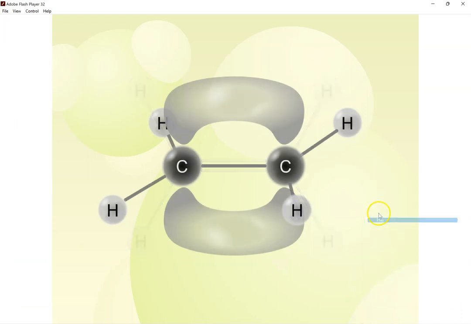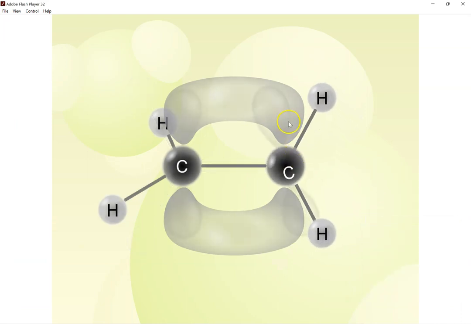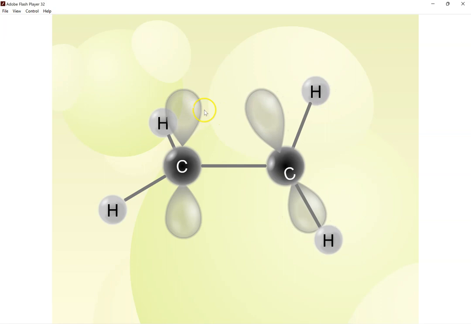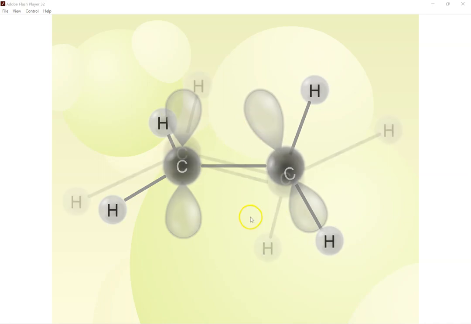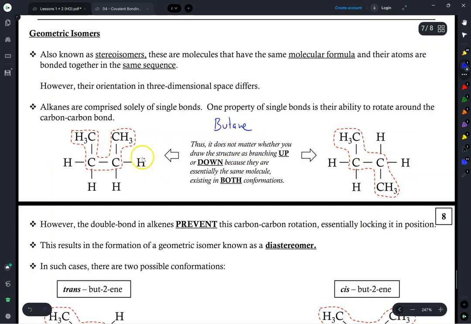So as we see in this animation, as we try to bend it, it doesn't allow it to work because then this p orbital over here, or rather the lobe of this p orbital, if it tries to rotate this direction, it'll drag along this p orbital with it, or this lobe rather, and it'll rotate along both of them. So they are not free to rotate about each other independently. They are connected. So going back to this example, whether it's pointing up or pointing down, they're both called butane,